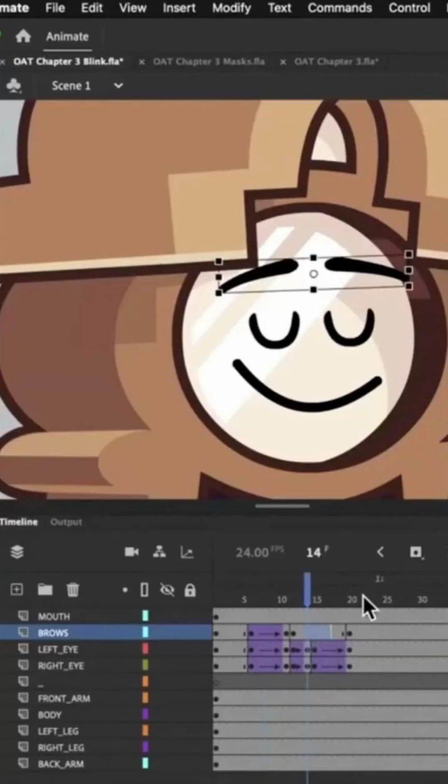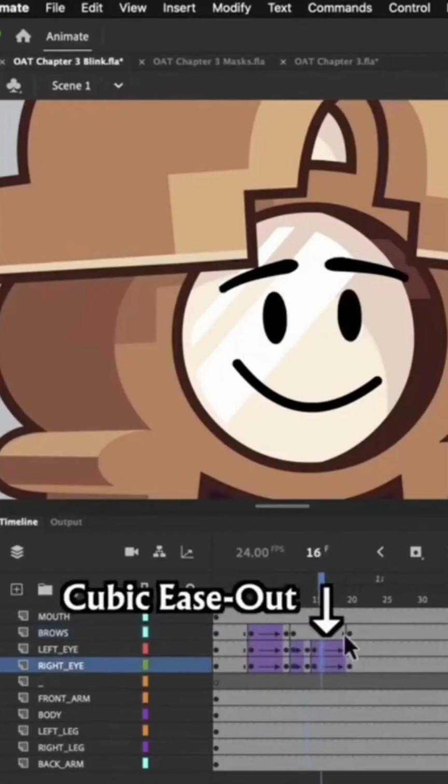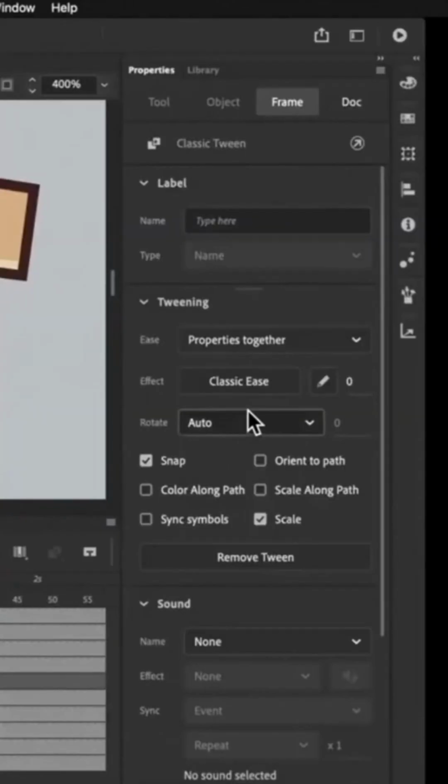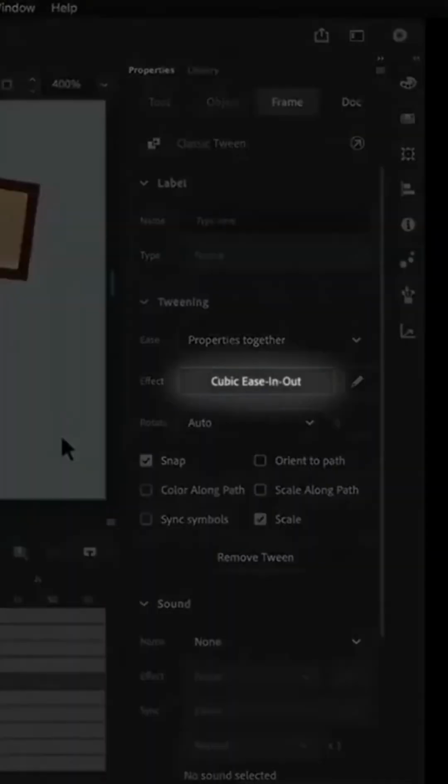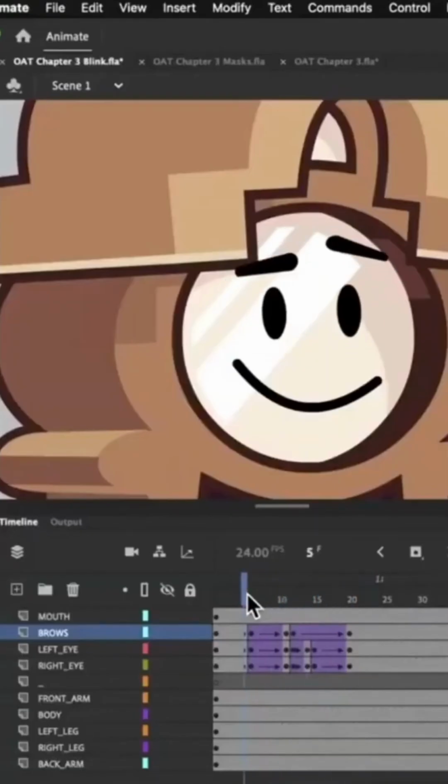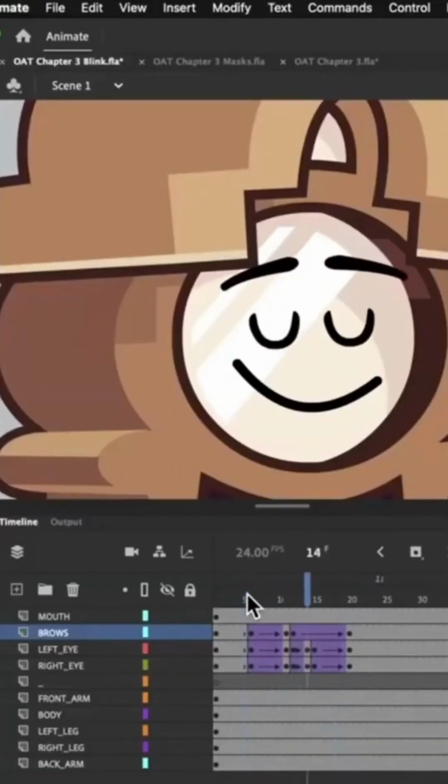cubic ease in out, sort of to match the way the eyes are doing a cubic ease in and then a cubic ease out. But instead this tween is just going to be one tween that is just one ease, cubic ease in out. And just like that, we've given eyebrows to our character that look like they're moving with